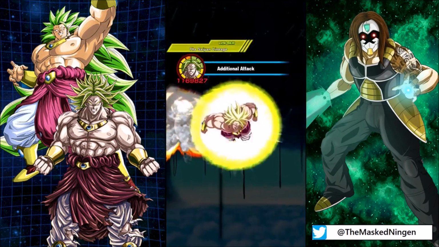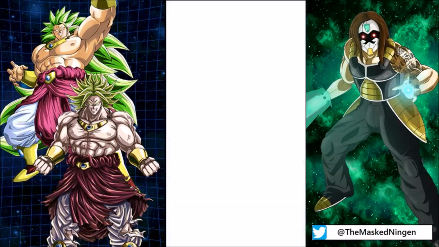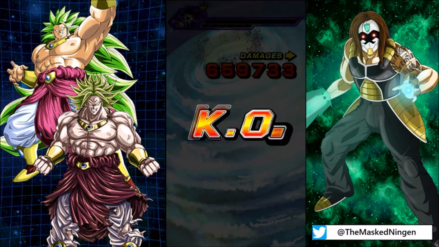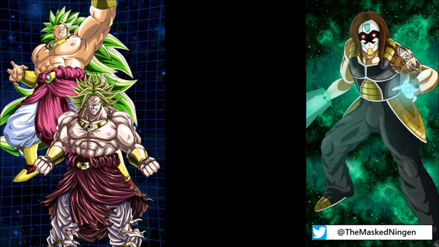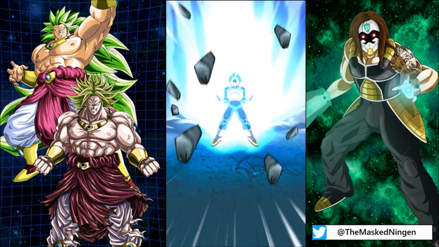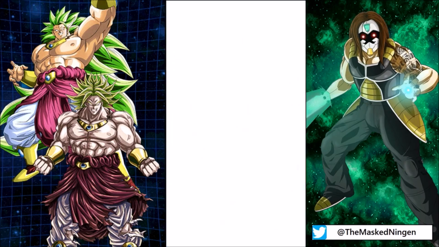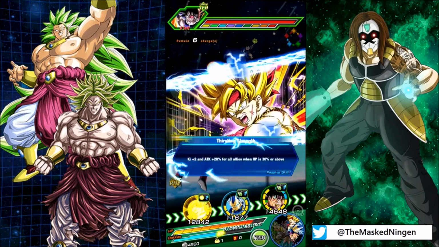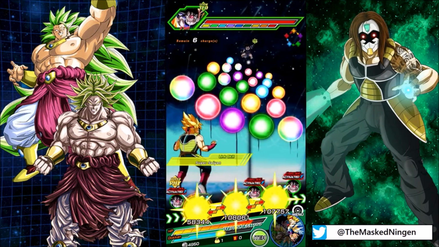And we're just going to let the LR Broly take out Turles here. Over 1 million attack on both attacks, takes him out with the 2 supers. So now we have the 2 phases, and Vegeta's going to transform. So we have the 2 phases to take him out before he transforms. We'll probably try and let him transform just so we can see a little bit more of the